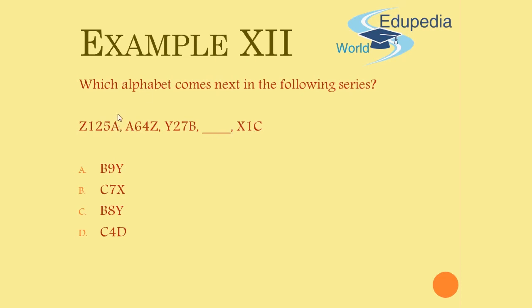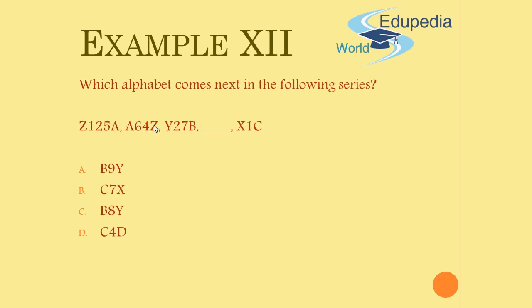And finally, this is A, then Z, then B, then C. So again, I start from the first letter A, I skip 1 and I come to the second letter B, and I skip 1 and I come to the third letter C. So I can observe a pattern over here. For the first letter, I skip each word and I'm moving back by 1. So Z, skip, move back by 1 to Y, skip, move back by 1 to X. And for the third letter, I am skipping 1 and moving forward. So A, skip 1, move forward to B, skip 1, move forward to C. I'll apply the same logic to this also.